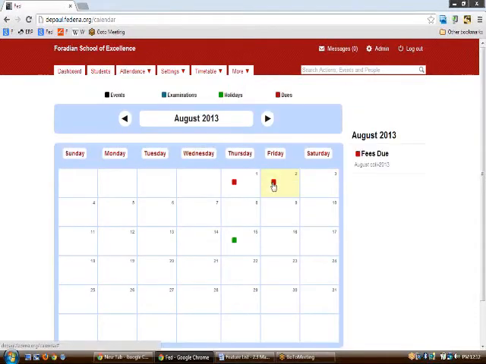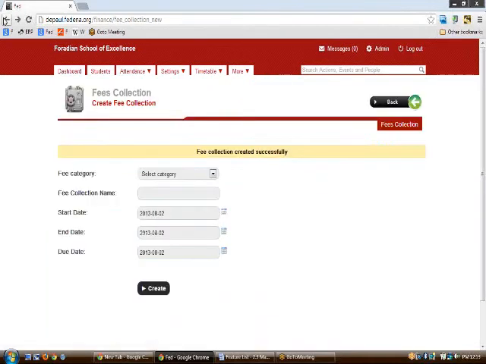Today's date was created with the August collection, so when I hover onto this particular day's red mark, I can see that the fees due for the August collection 2013 is showing up. So this is how we can see it in the calendar itself.